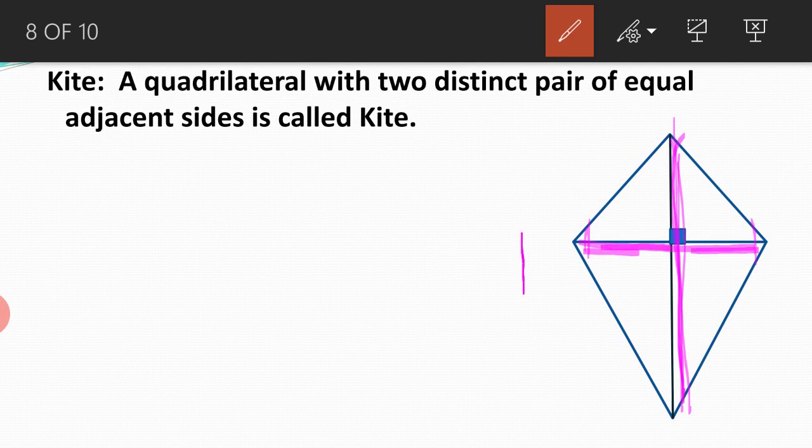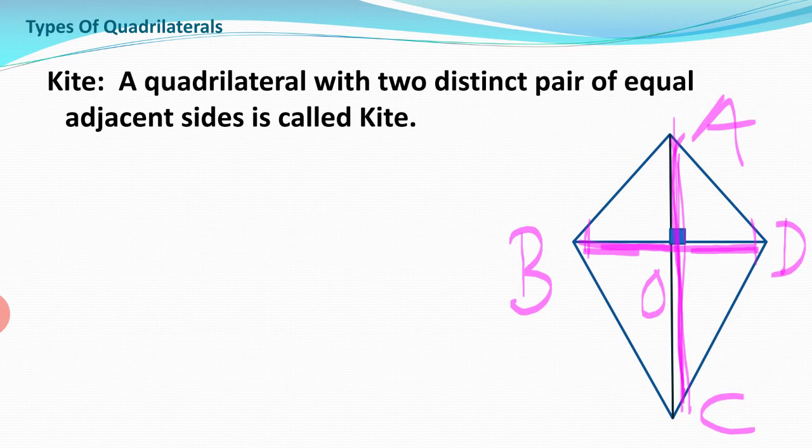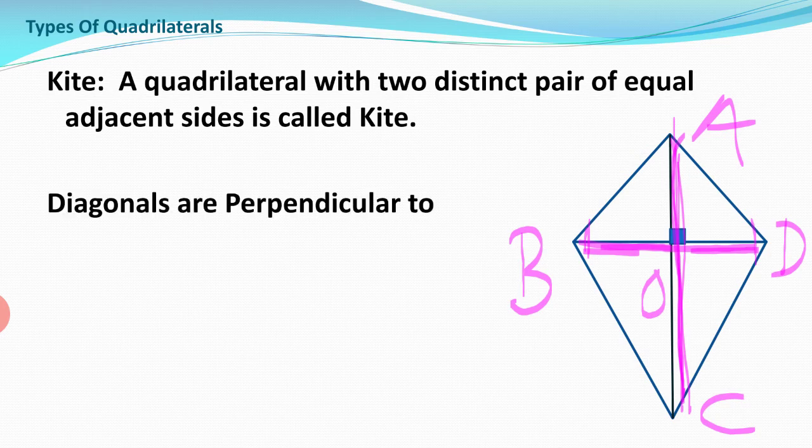It bisects the smaller one. So suppose I write A, B and this is D. So I'll say AC bisects BD. AC bisects BD means if this middle point is O, then BO is equal to OD. Do you understand the meaning of bisect? Bi means two. Sect means parts. So AC is dividing BD into two equal parts. So that is bisecting. So here the major diagonal bisects the minor diagonal. Minor means shorter. So we write the property: diagonals are perpendicular to each other.